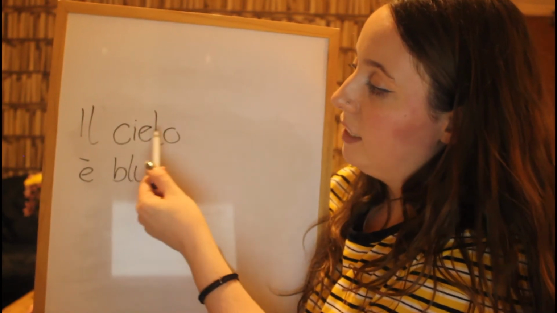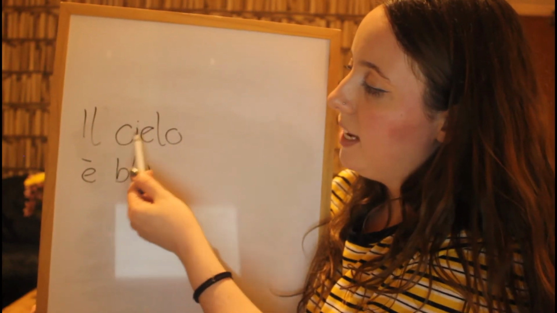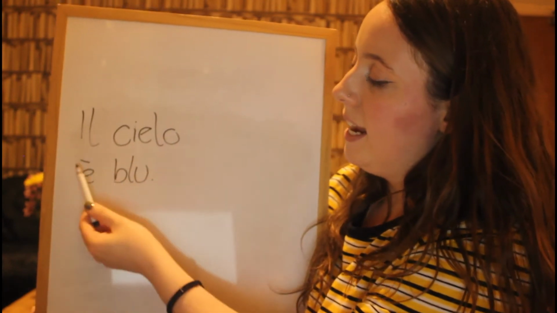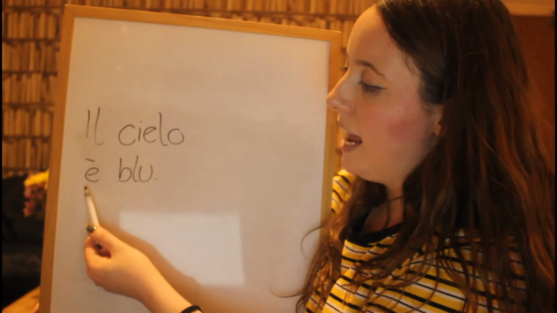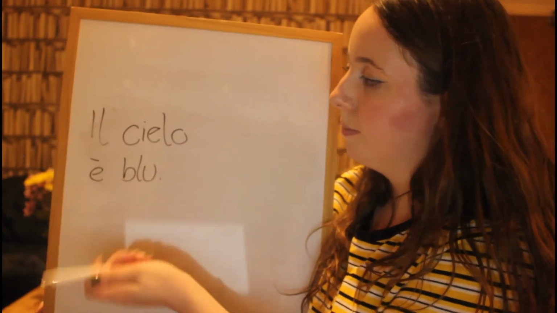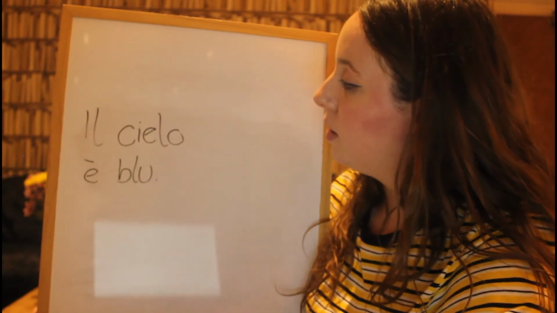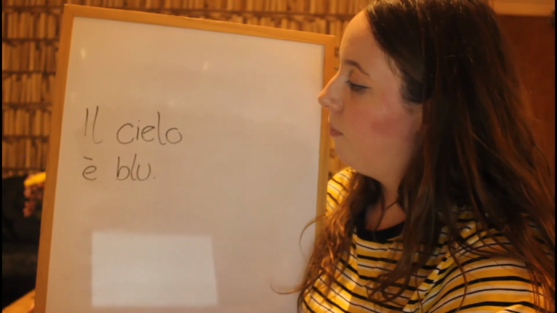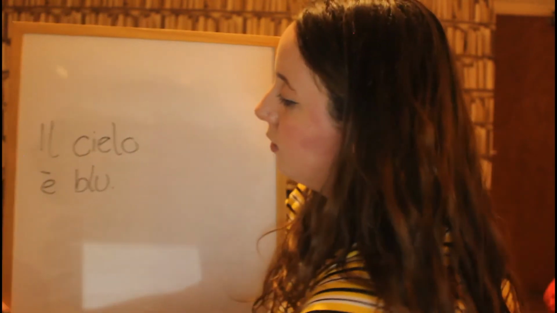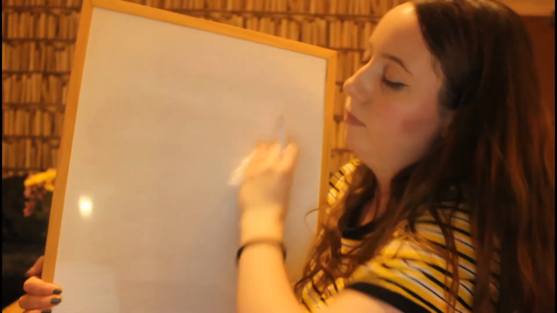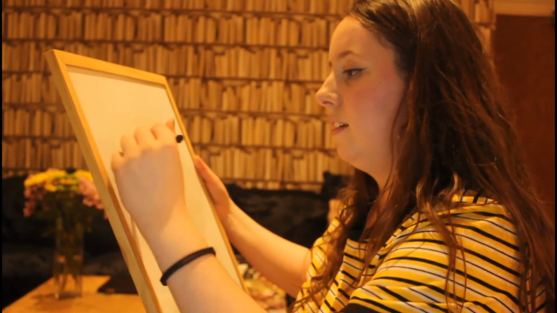This is another letter combination where you've got the C and the I, so it's the ch sound. Cielo. Il cielo is blue. Il cielo è blu. Also quite a simple one. I think you'll be able to learn that quite easily. Other than that, grammatically, there's not much to explain. And your last phrase is